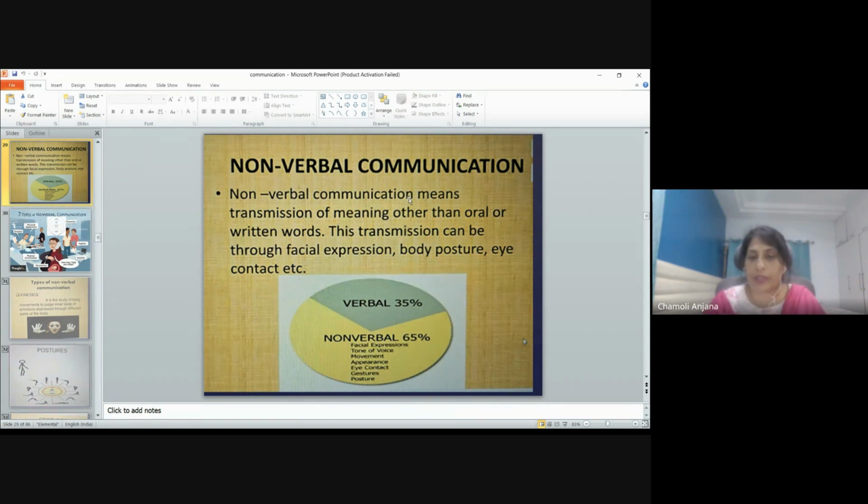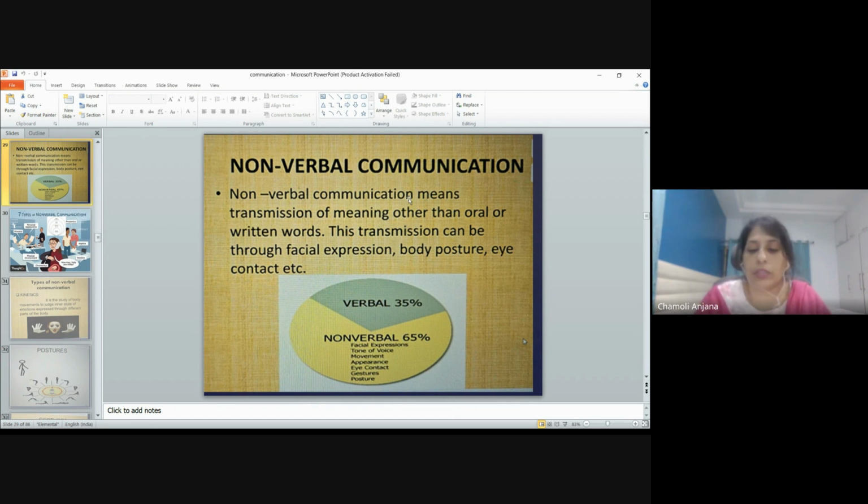So the way we sit, the way we use our hands and legs, our shoulders, whether we are shrugging or keeping them straight, all these send some sort of information. That is the reason we say, when you go to an interview room where you have a panel, you should occupy the chair properly, because your sitting posture indicates whether the candidate is comfortable or not, confident or not confident.